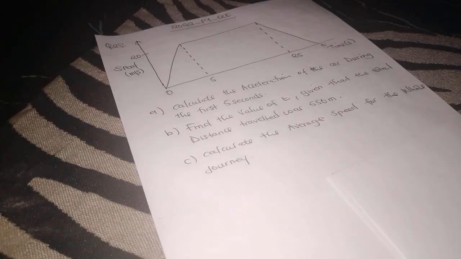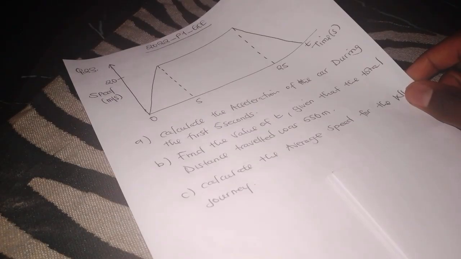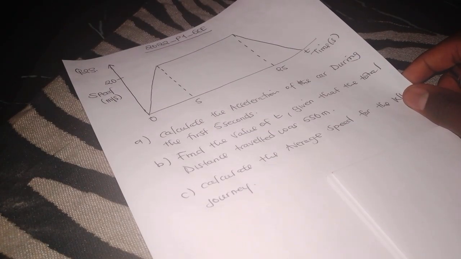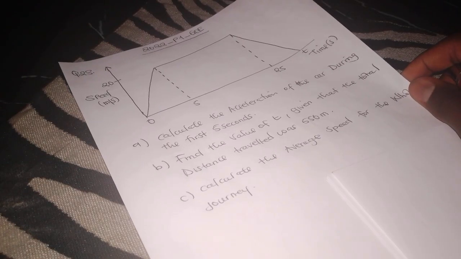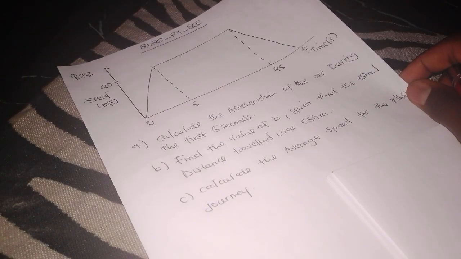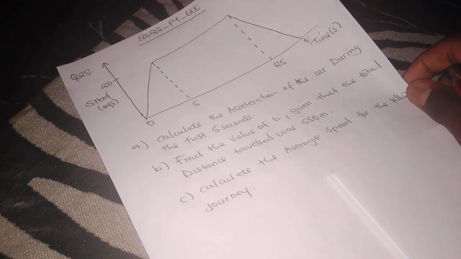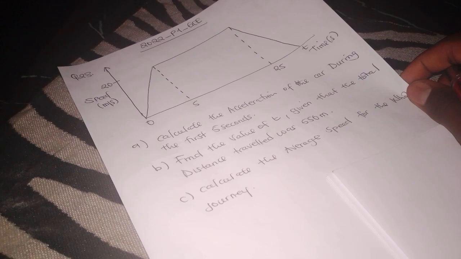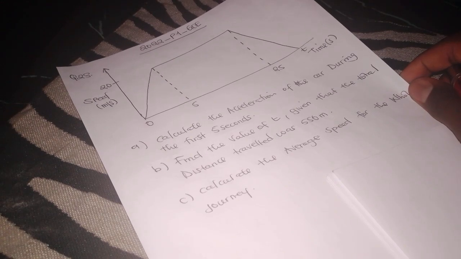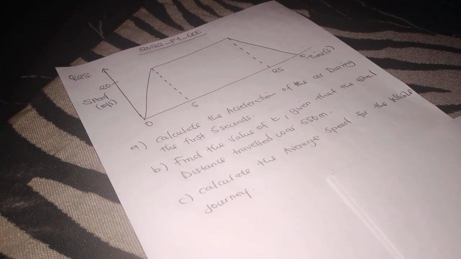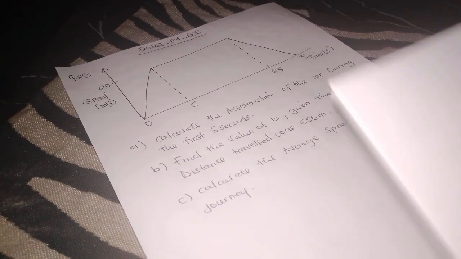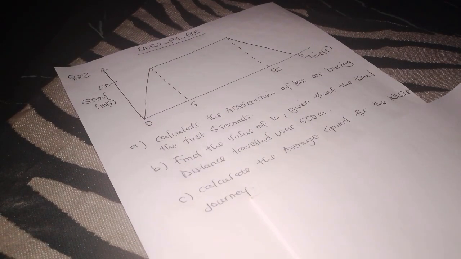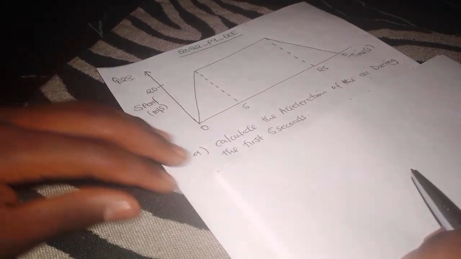This one is from 2022 Paper 1 GCE. We've been given a diagram, and in the first question you are asked to calculate the acceleration of the car during the first 5 seconds. So we're going to use the formula for acceleration. I'm sure you all know the formulas. The formula for acceleration is